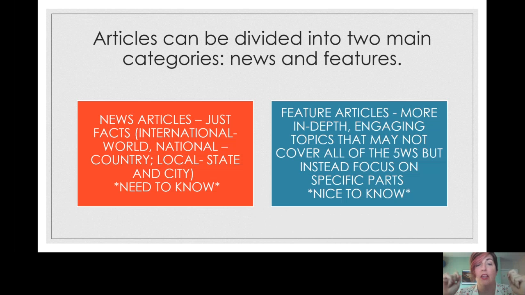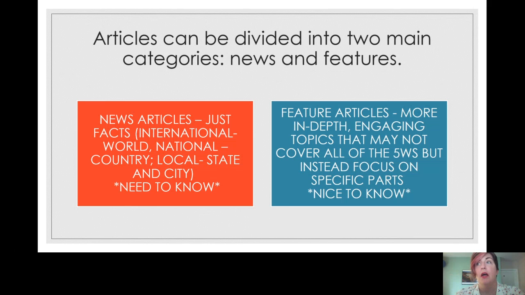Think of news articles as things you need to know. Now, don't take that too literally, because you are 12, 13, or 14, and you don't feel like you need to know about a law that's passing, or you don't need to know about taxes because you don't have to worry about it. So it's not just about 13-year-old you. When we say it's a need to know, it's something that's going to have an effect on a lot of